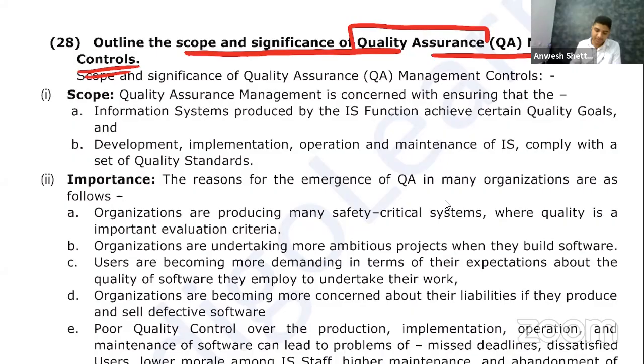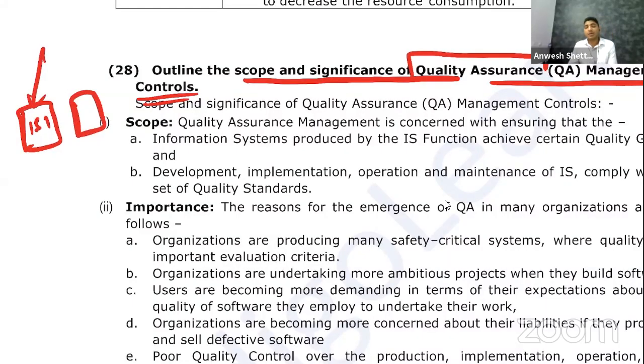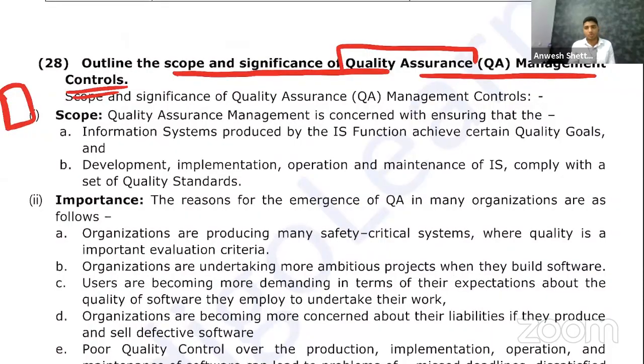Let us take some examples. Initially, we took the example of that helmet. Okay. So if you have two helmets, helmet 1 and helmet 2, in one you see an ISI mark and one has no ISI mark, some local helmet. Which are you going to purchase? You are going to purchase the one which has the ISI hallmark, though it is slightly more expensive than the other one. Why? Because the customer wants a product which is assured by somebody. Okay. So now let us talk about the scope and significance of quality assurance controls. So why should you get this ISI hallmark, or why should you get ISO, or some other hallmarks? That is because